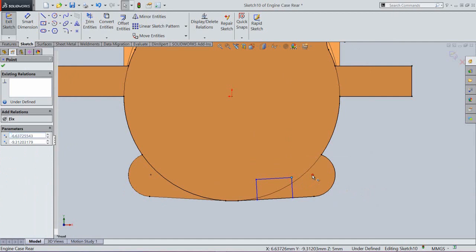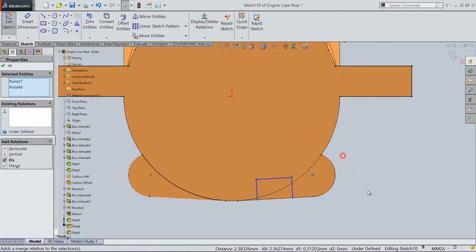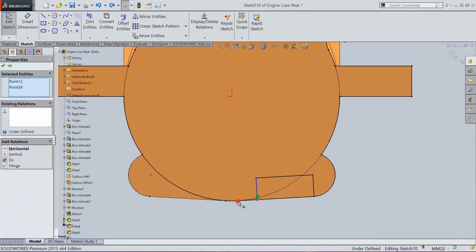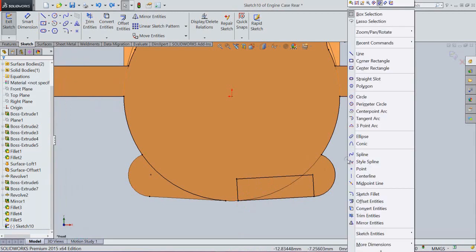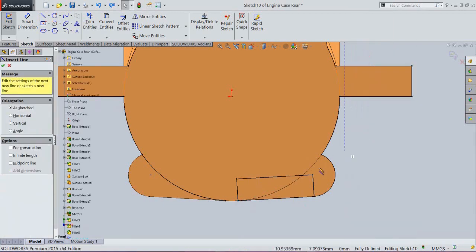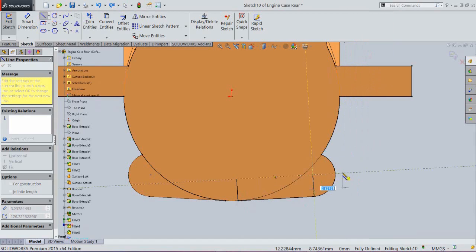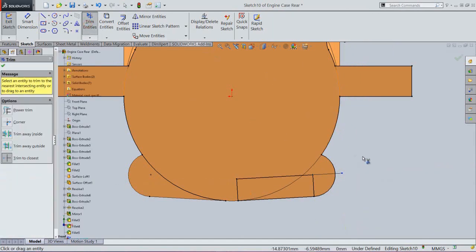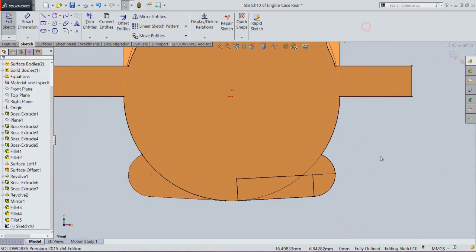Select this point and center point and apply merge points relation. Apply another merge point relation between them. Create a line and trim the extend line. Finish the sketch.